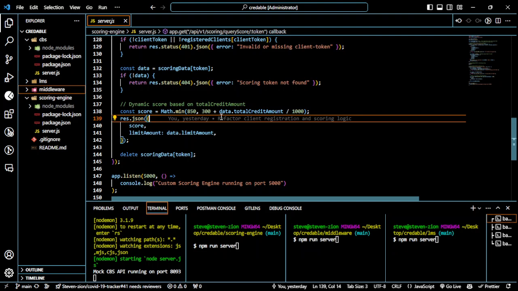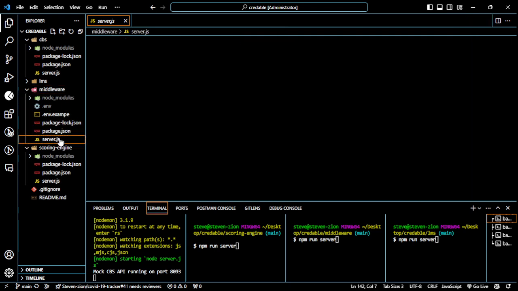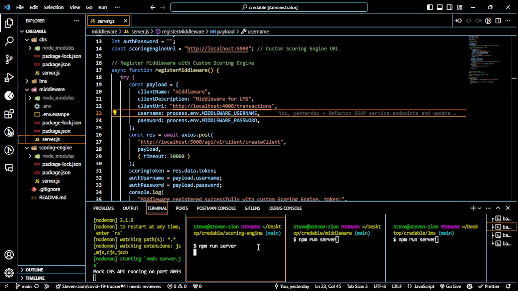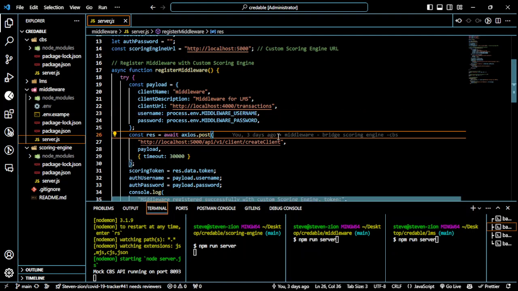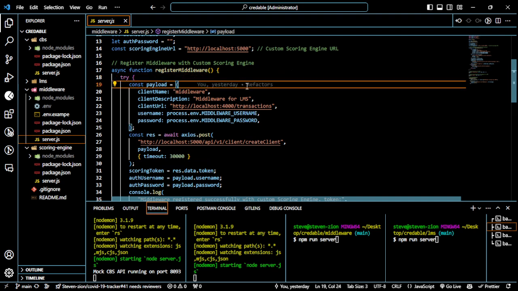Okay, so the next one will be the middleware, which we said will be the bridge between the scoring engine and the CBS. So let's see, middleware. Okay, so our mock banking system server is running. We can start the scoring engine server. So we have our mock server running on port 8093. So our middleware,